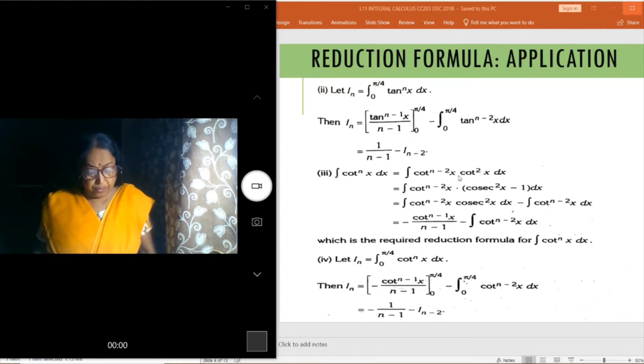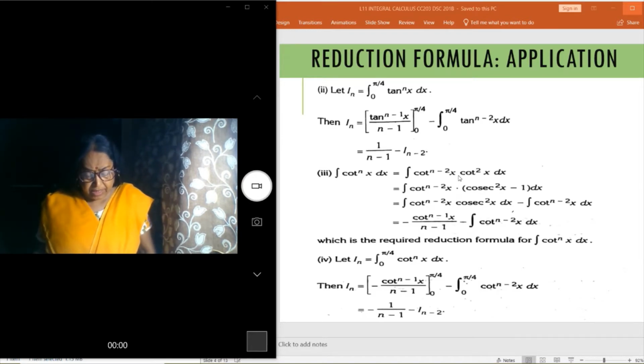So after putting the value of the limits 0 to pi by 4 in tan^n x dx, we get the result as I n is equal to 1 by n minus 1 minus I n minus 2. If in place of n it is written 5, that can be written as